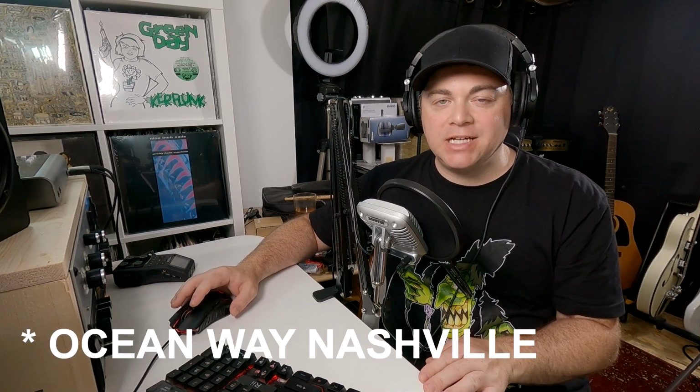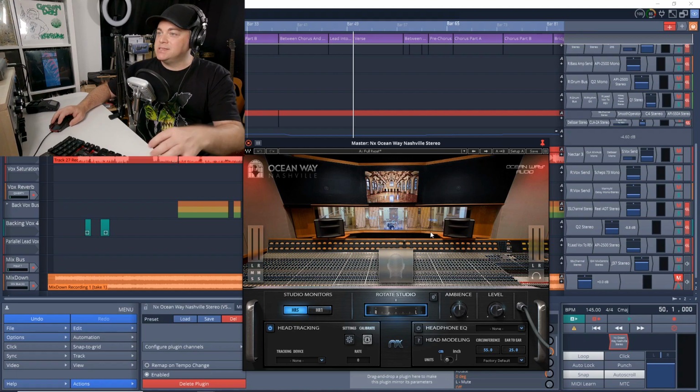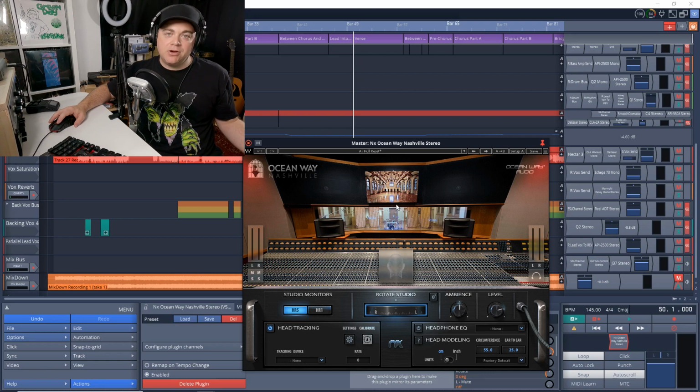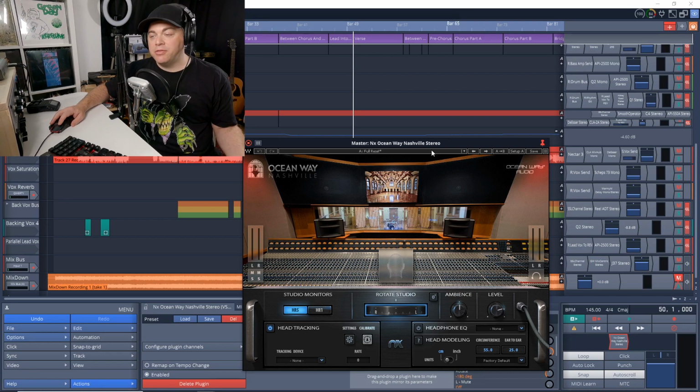Now, this next Waves plugin, you don't actually hear the plugin itself on the finished track, but the effect that it has while you're mixing, you hear all over the finished track, and it's the Waves NX Oceanway Nashville plugin. What this is, is a virtual mix space. So if you're mixing in headphones, this plugin puts you into a virtual studio, actually the Oceanway Nashville studio, into their mix room. And this can help you to get more accurate mixes that are going to translate better across multiple devices.